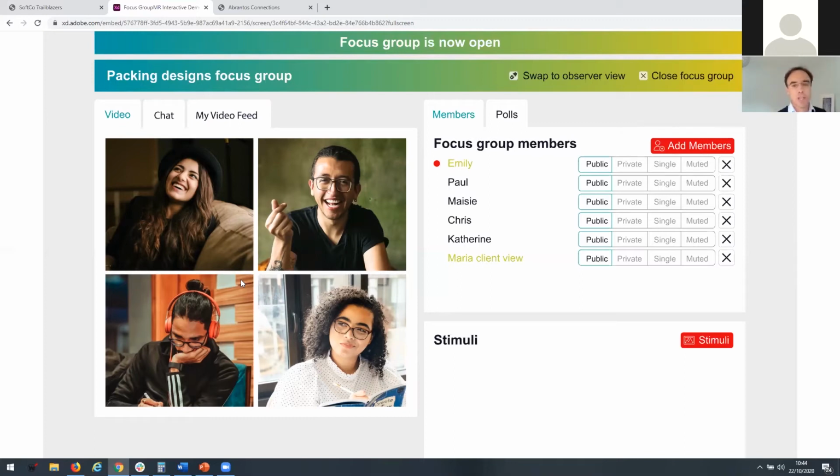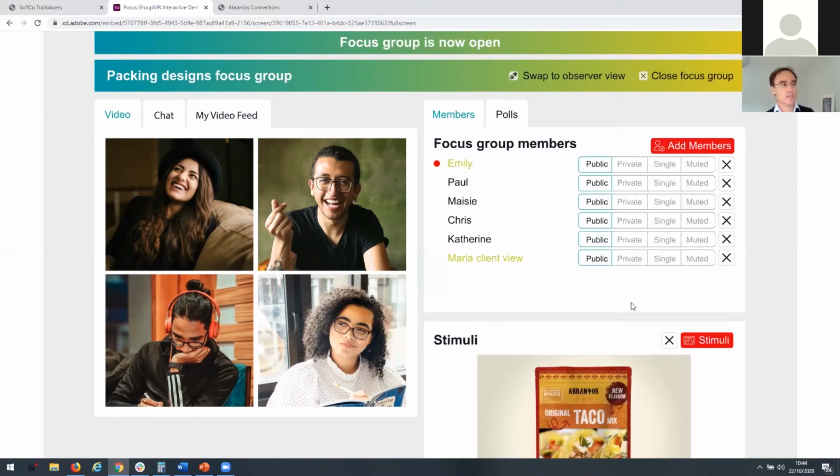The other advantage here is that because it works in exactly the same way that the live chat version does, I can add stimuli into the group. I can do quick polls. I'm in control of those things. And I'm not sharing screens. So although I'm discussing the image and the stimuli, everyone still remains on that screen as well. So the group dynamic remains.